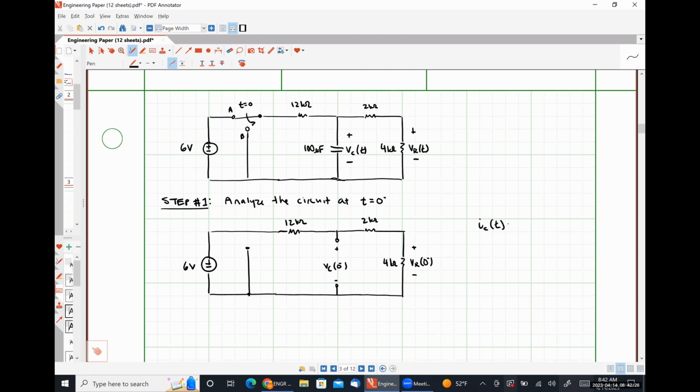The current flowing through a capacitor is equal to C dV by dt. Because we are at DC steady state, dV by dt is 0, which means the current flowing through the capacitor has to be 0, so we can treat it as an open circuit. So at DC steady state, so at t equals 0 minus, and t equals infinity,